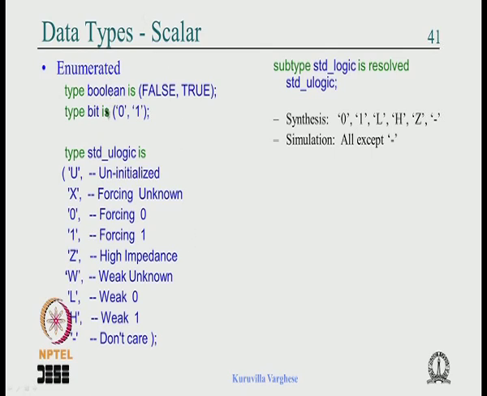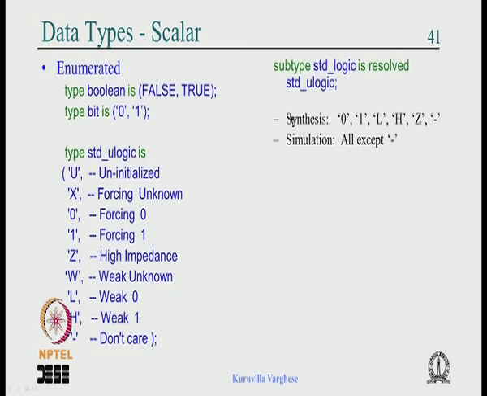So among the enumerated types we have already seen bit and standard logic, and boolean is also there. This is defined in the standard library. So type boolean is false or true, okay. You could have something defined as boolean which takes the value false or true. You can have bit defined as type bit is '0', '1'. So the bit takes only 0 and 1, and this is what we have used as type standard U logic, okay. Now